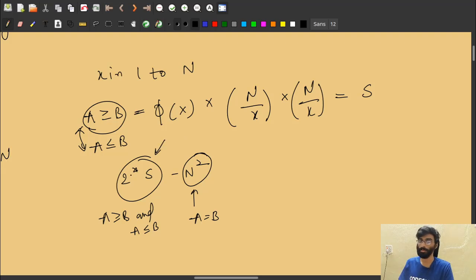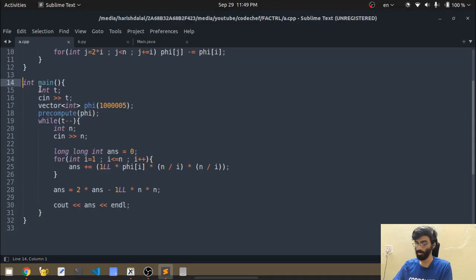Now let's jump to the coding part. So I am taking t test cases and creating a vector phi which will be storing the phi from 1 to n, where the max n here is 10 power 6. So I am pre-computing my phis. Phi of x is the number of elements before x whose GCD with x is equal to 1. This pre-computation will take n log n time to compute,